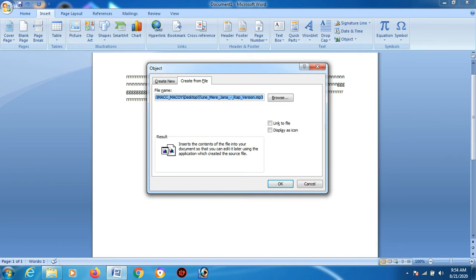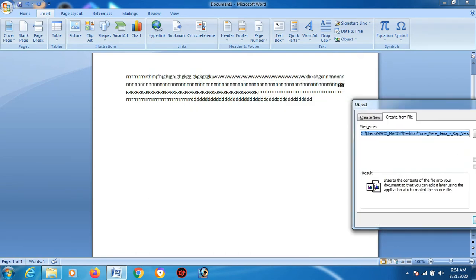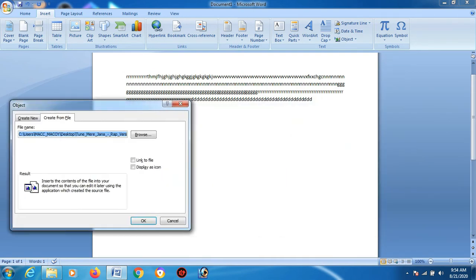Is that clear? If you do not click Link to file, the whole 7 MB file, my file was 7 megabytes, will get inserted here. So if you would like to move this whole content along with the song, you should not click Link to file.